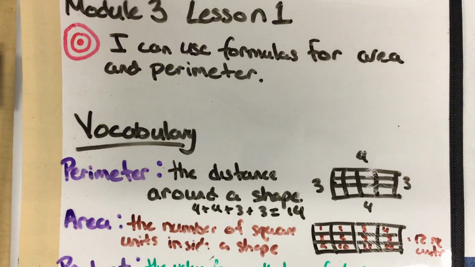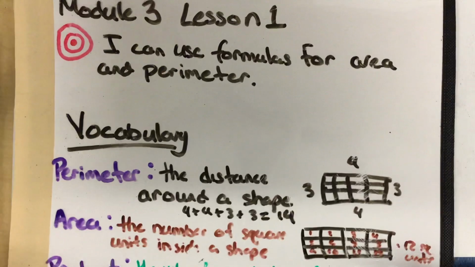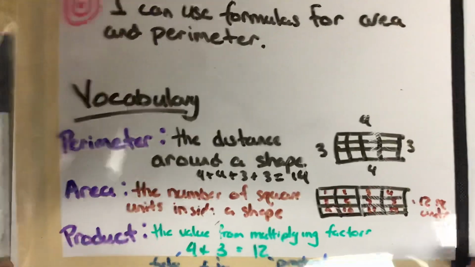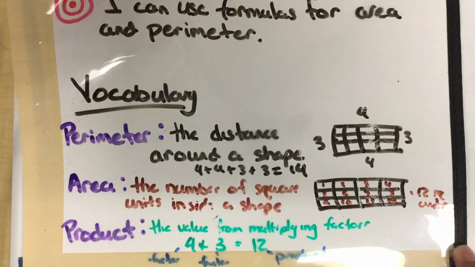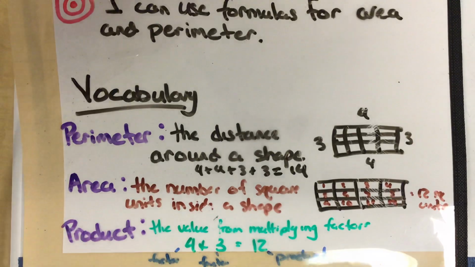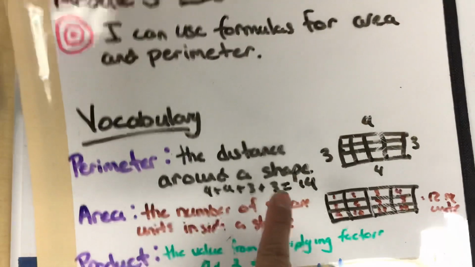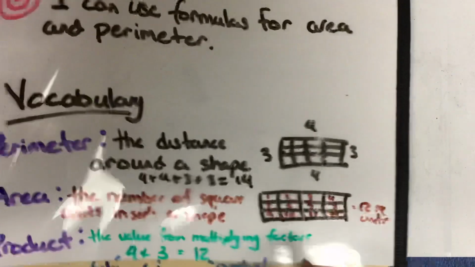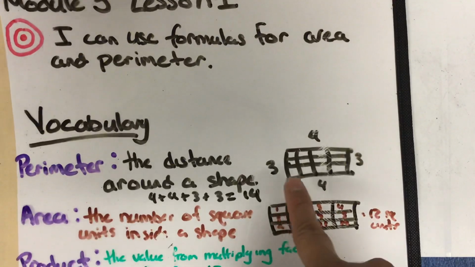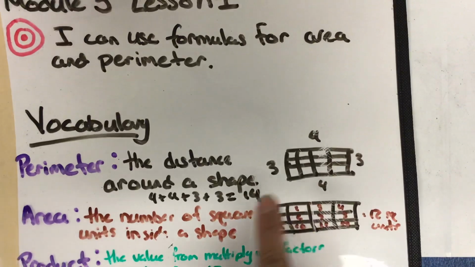Okay? Now, before we even move into the formulas or the equations we use for area and perimeter, I want us to take a quick look at some vocabulary words. Okay? Now, our vocabulary words, we have the word perimeter. Now, the perimeter is the distance around a shape. So, right now, if we just have 3, 4, 3, and 4, our perimeter is